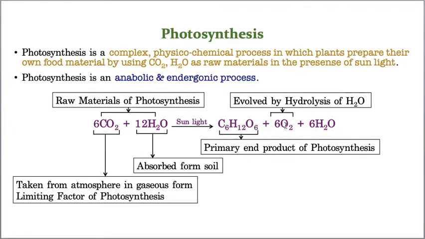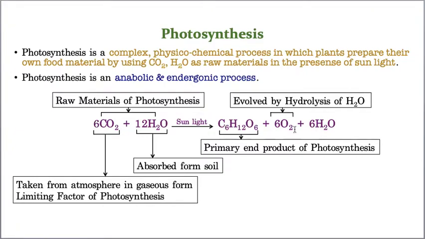Don't feel very happy by seeing this equation. इतना छोटा है, दो तीन क्लासेस में खत्म हो जाएगा, ये बिल्कुल नहीं. It takes a minimum of 8 classes. It is the minimum; it may go even more than that. So this is a brief summary outline of photosynthesis. Now we need to discuss every detail of this equation.